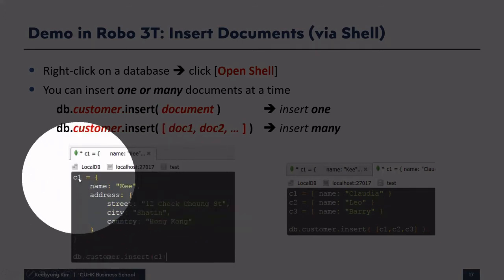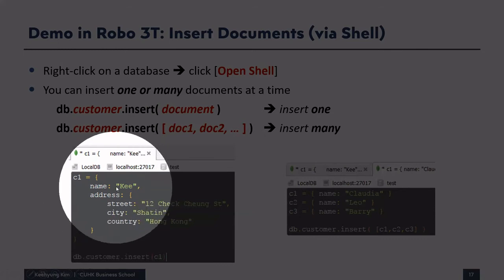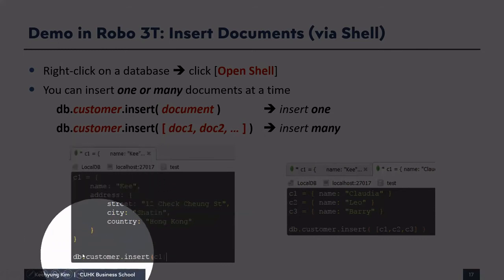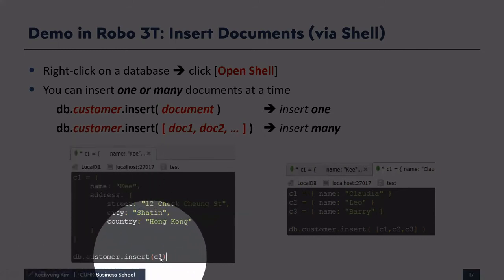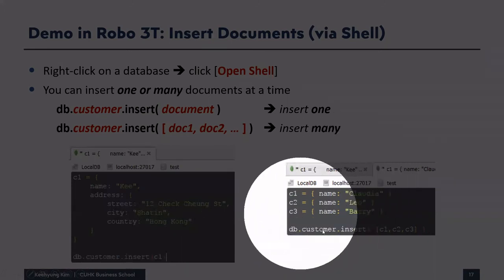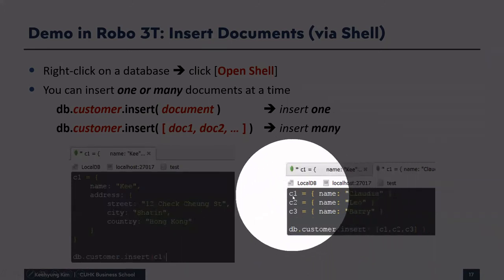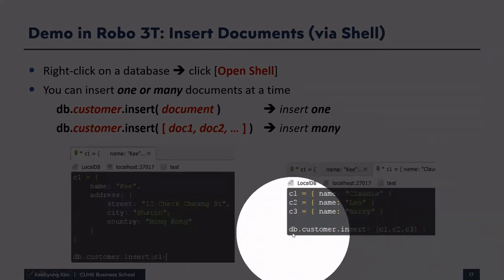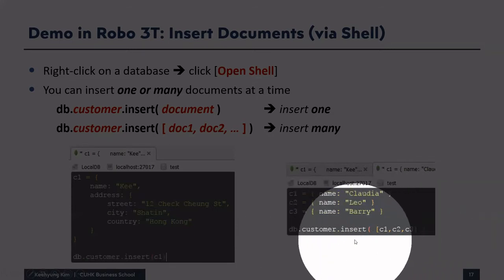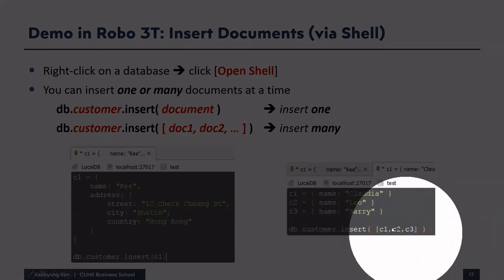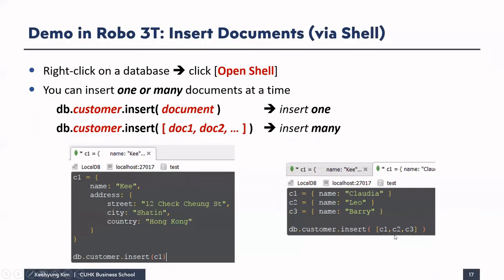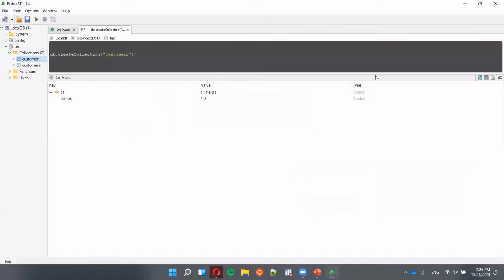On the shell, basically you can define a C1 variable, and inside the C1 variable you can assign this document, and you can use this insert function to add a document. And on the right side there's another code. You can define multiple documents, and you can add all of them together with the insert function by listing them inside a list. So to do this very simply,